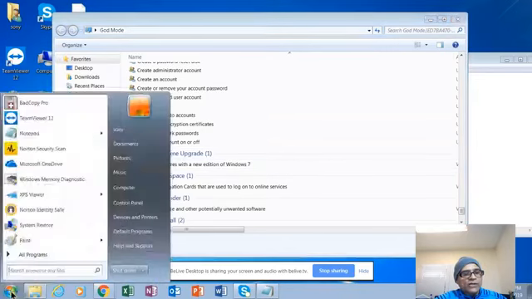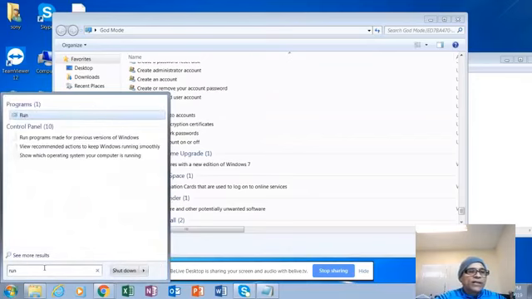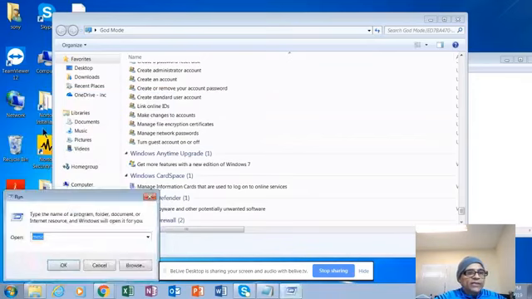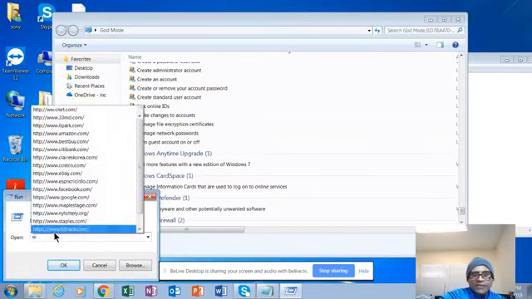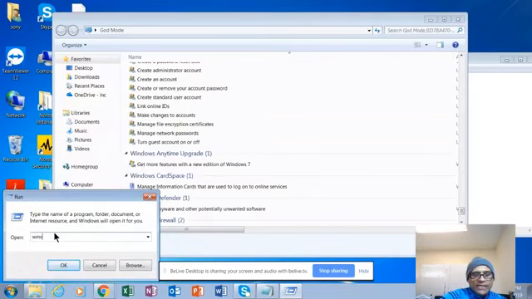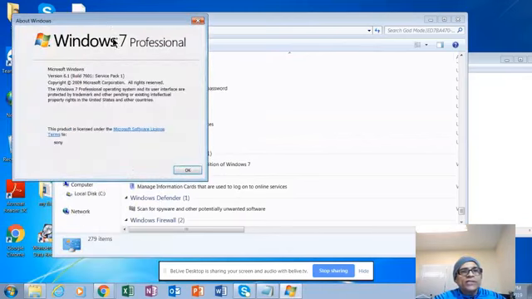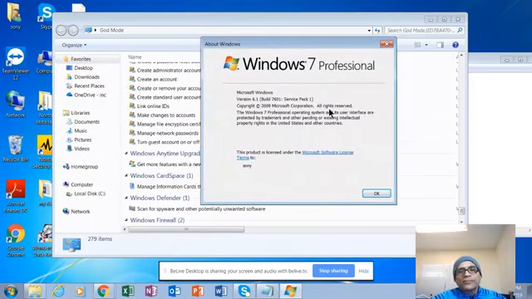You can go to Start and type Run. This menu shows up, and from here I type WINVER, which means Windows version. Open, and this will show you Microsoft Windows,